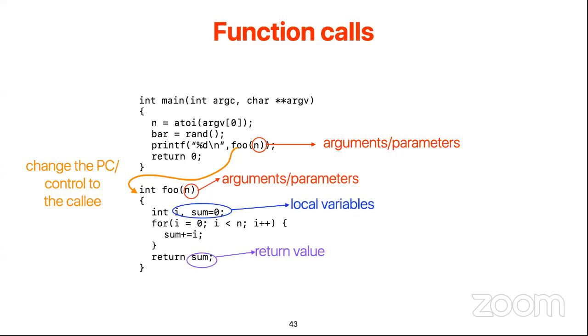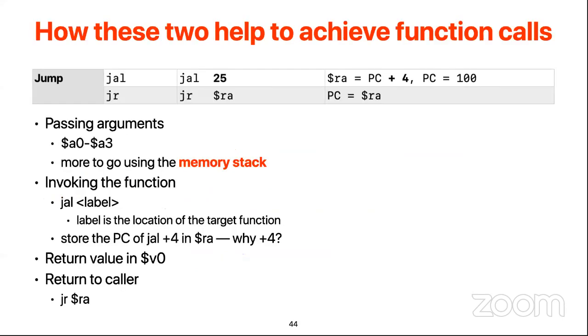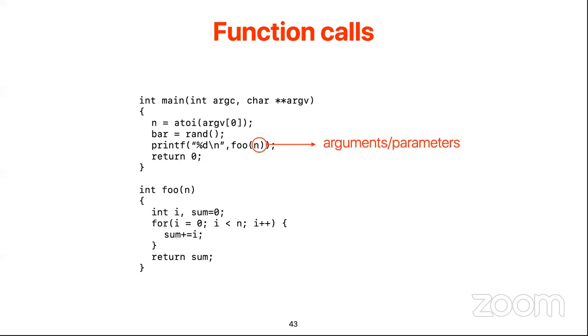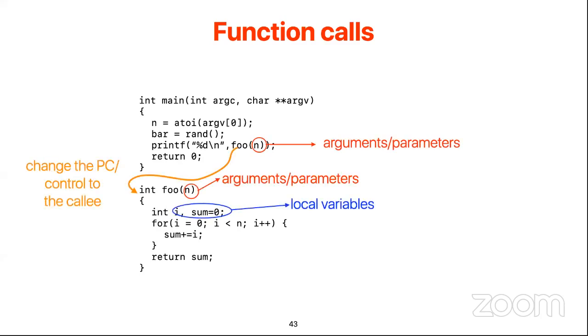And we also need to store a return value somewhere before we can return to the caller. So the arguments, the local variables, and the return value are things that those two instructions do not really support. In the next lecture, I will go into more detail about how the current MIPS instruction set architecture supports